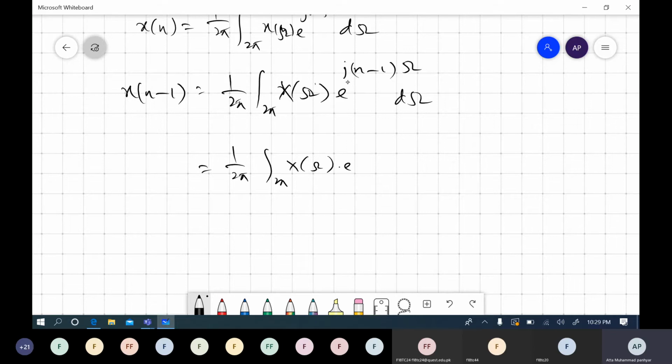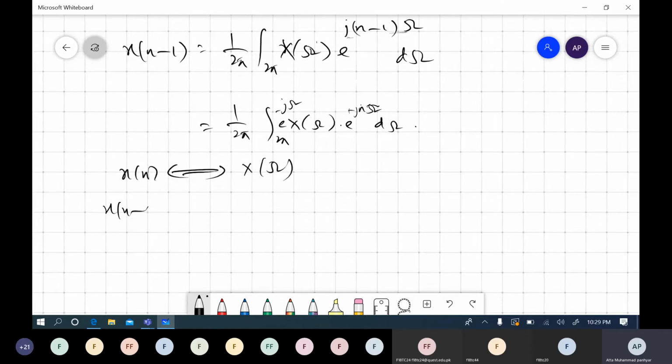Now if you solve this exponent, this must be equal to e to the power j n omega times e to the power minus j omega, right? So this must be equal to plus j n omega d omega times e to the power minus j omega, right? So we can say the Fourier transform or discrete Fourier transform of x of n, if it is X of omega, then the Fourier transform of x of n minus 1 must be e to the power minus j omega